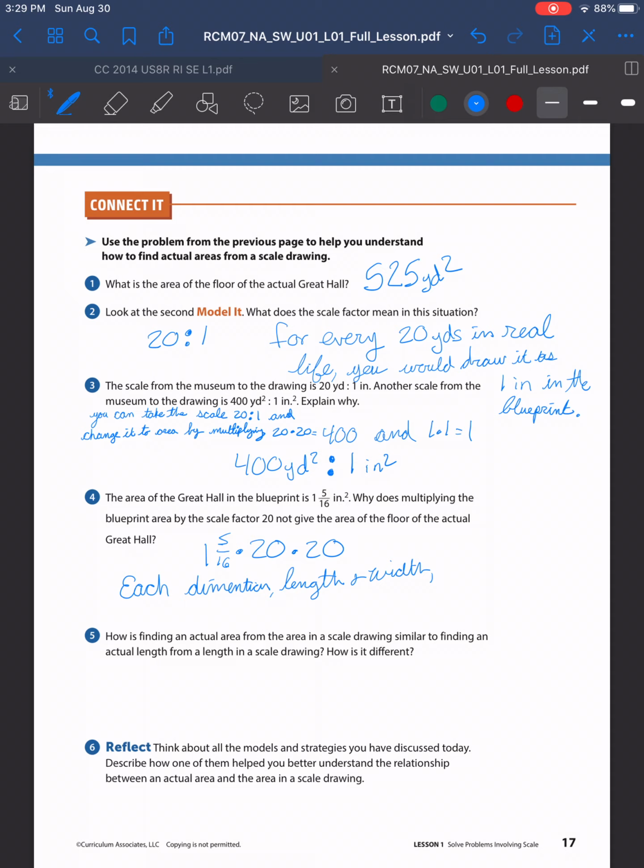Each dimension, length and width, needed to be, I'm going to say, multiplied